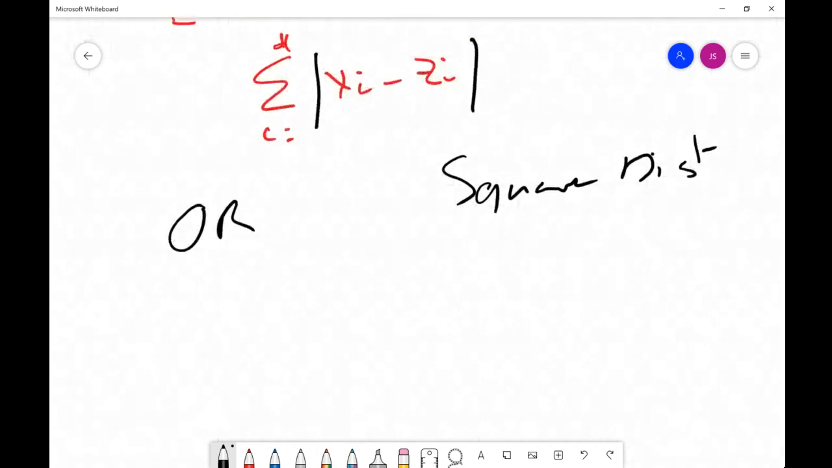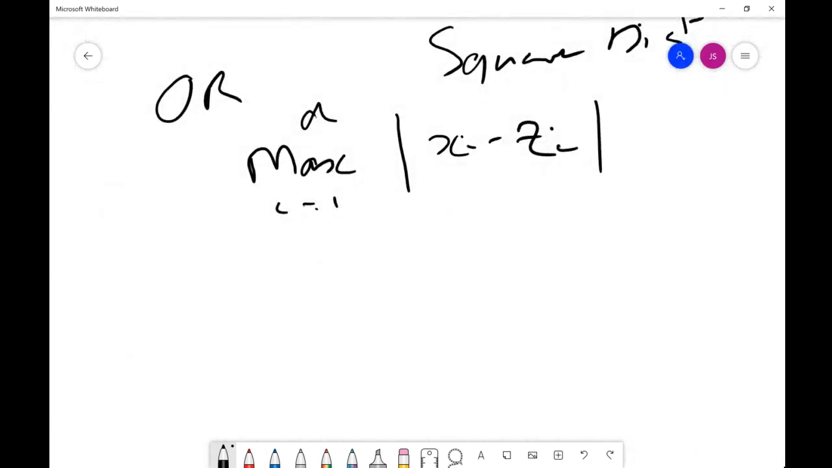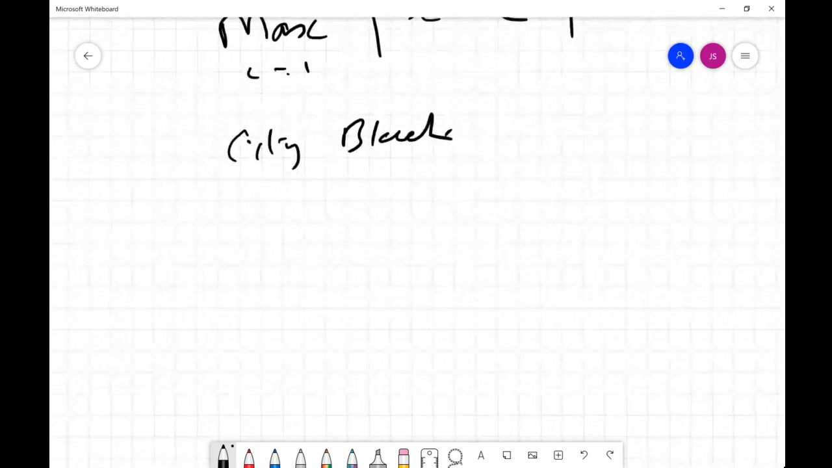And the square distance is the maximum operator. You're looking for the maximum, i equals 1 to d, so for all dimensions of the mod of xi minus zi for each reference class. Now they are very different operators, but geometrically they are the same or similar, because the city block will give equidistance contours,